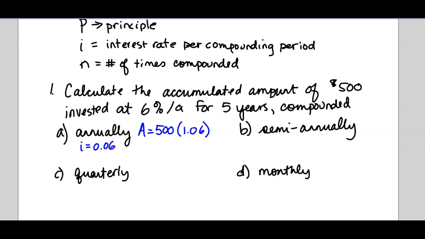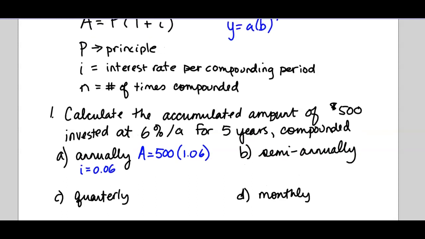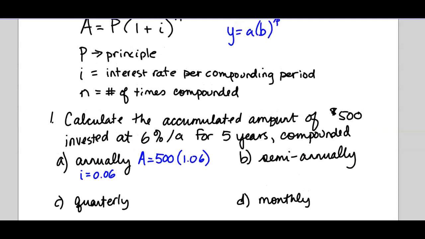A is like Y. Capital A is like Y. Middle A is like P. Amount. That's the amount you have. I didn't put Y in here, but Y is